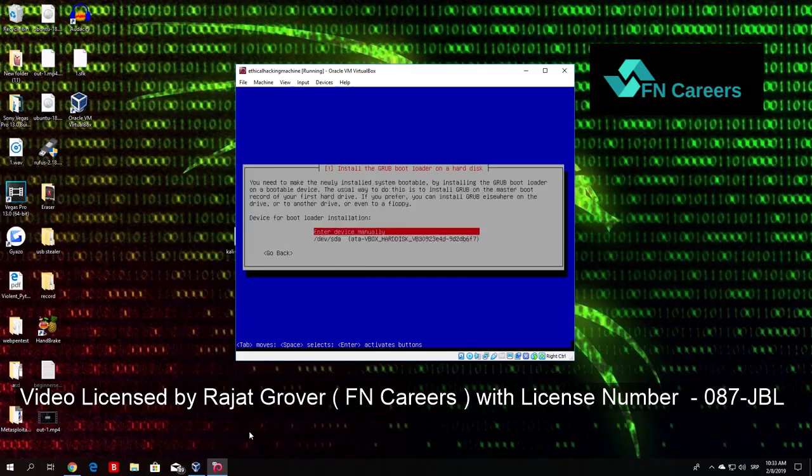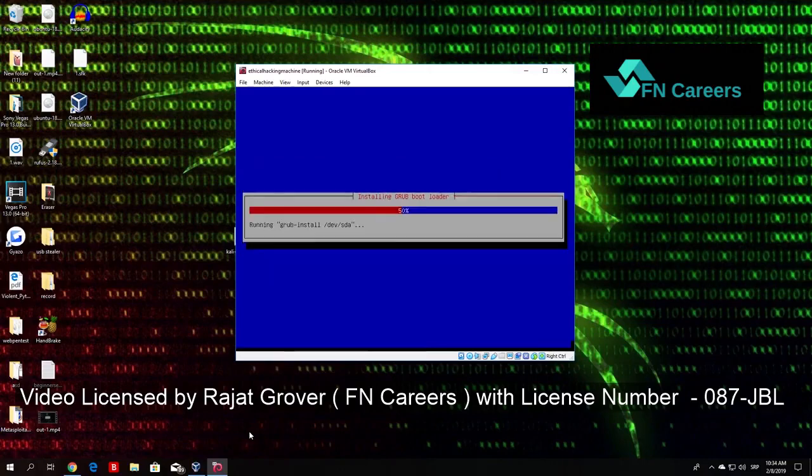And here it will ask if we want to enter the device manually. We do not want that, so just go down here to /dev/sda and click enter. Right now it should finish the installation, and in a few seconds we should be booting up into our Kali